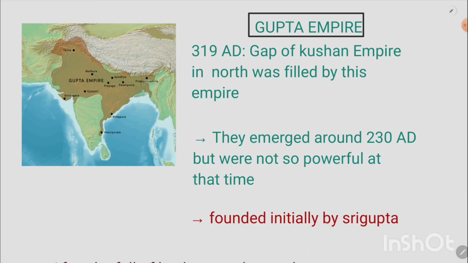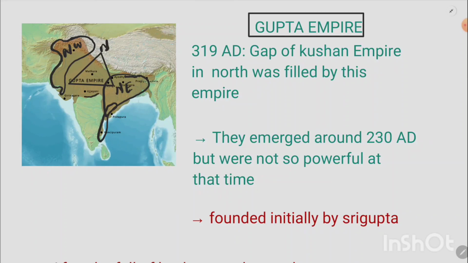Before I go there, I want to draw your attention to this map. As you can see here, the Gupta Empire had vast control over almost the entire India. This is the western part, or we can say northwestern part, that was controlled by the Guptas, and this is the northern part of India that was also majorly dominated by the Guptas. There was also a major part, about 60 or 70%, of the northeast that was in the control of the Guptas, and some parts of Andhra Pradesh and Orissa were completely dominated by the Guptas.